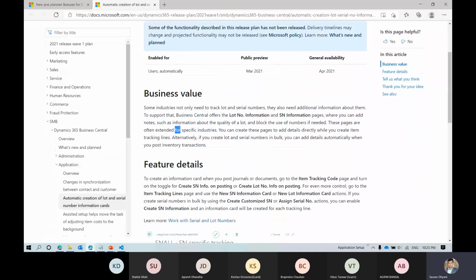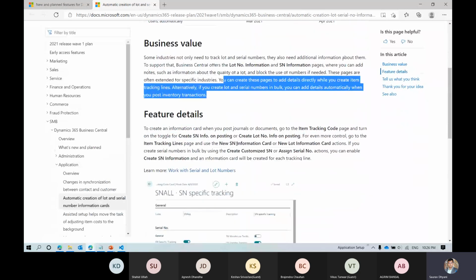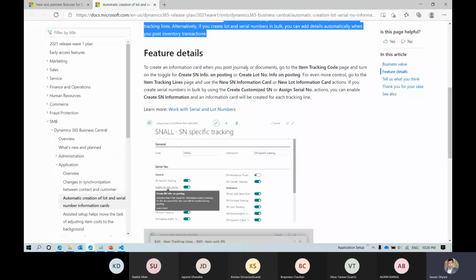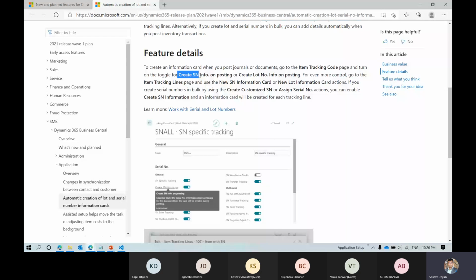The pages are often extended for specific industries. So what is happening to create an information card? When you post a journal or document, go to the item tracking code page and turn on the toggle for create serial number info on posting, create lot number info on posting, two new booleans on your